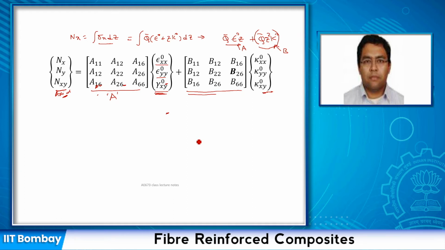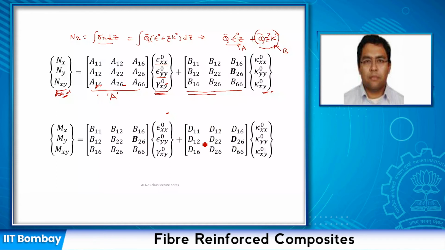And sometimes we deliberately want a coupling, and at that time we want to introduce these things. But that's what these matrices are doing. Basically, the A matrix is connecting my forces to the midplane strains, okay, and the B matrix is connecting my curvatures to the forces, okay. Then the other integral for the moments, we get the same thing.